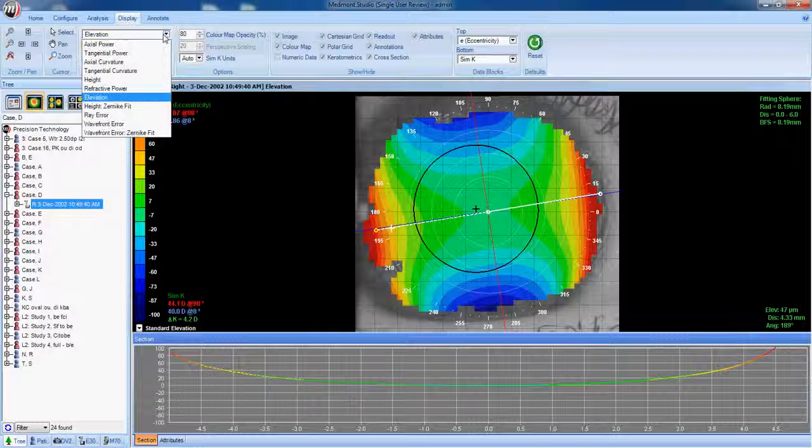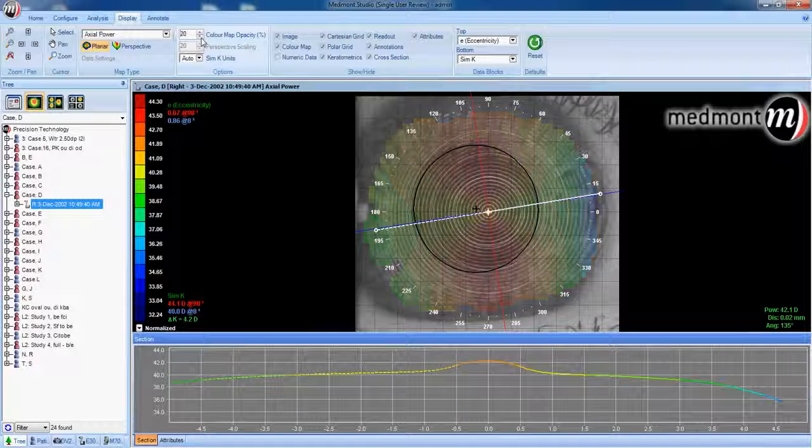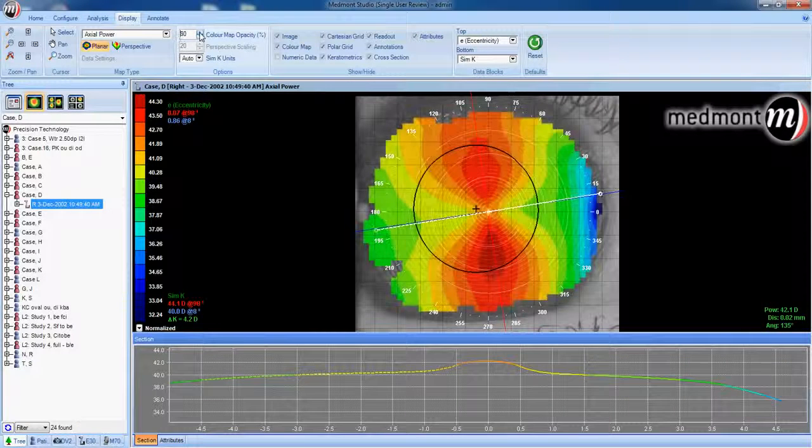A default could be the axial power map, and this is the best way to interpret shape as it relates to the refraction and any power that would be created by the corneal surface. Additional functions here allow you to change the appearance of the topography. For instance, we could reduce the color map opacity to see the ring reflection. We could increase it to 100% so that no rings are visible below the topography. It may be helpful to have the color map opacity set at 80%, which allows some appearances of the rings